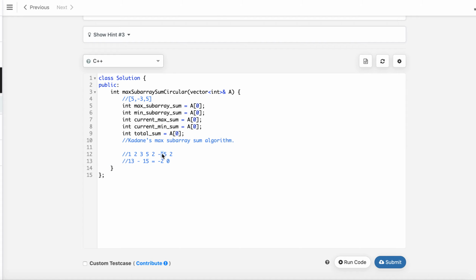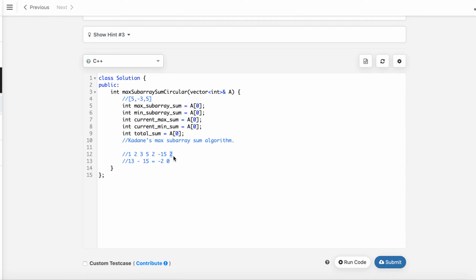So instead of beginning with -15, it may begin with -2. That's fine. It is actually reducing its value, but